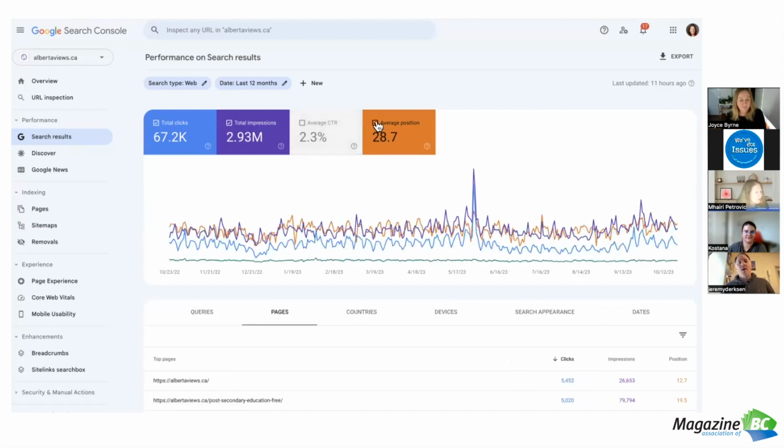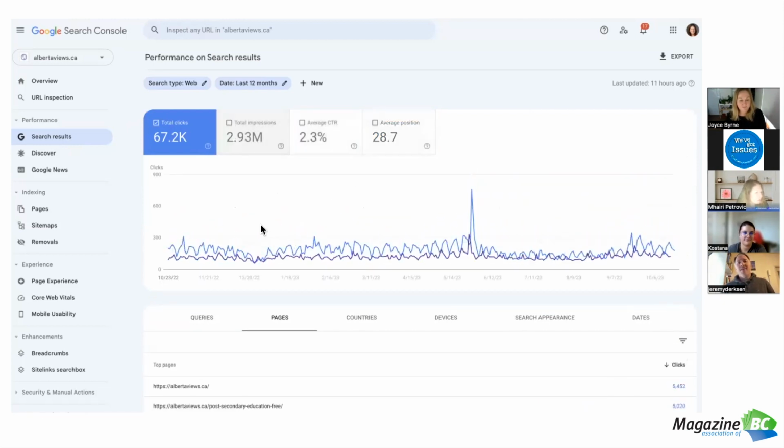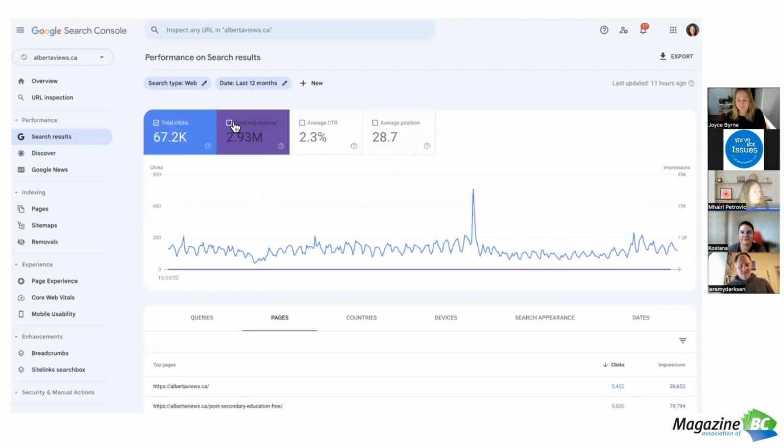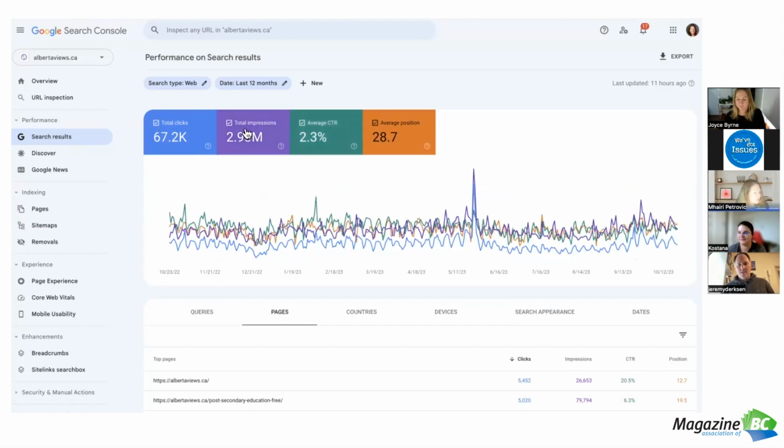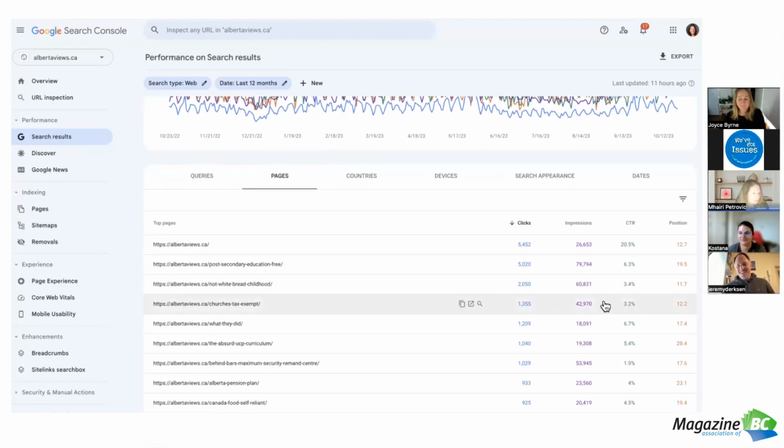You can actually remove them too. So if you only wanted to see the clicks, then you can add these. Google, I think, defaults to the first two. It's not that obvious that if you choose the wee checkbox here, then you can see your click-through rate and your positioning. It's a simple fix. Oh, thank you. I wish I'd known that one sooner. There you go. It's easily overlooked for sure.